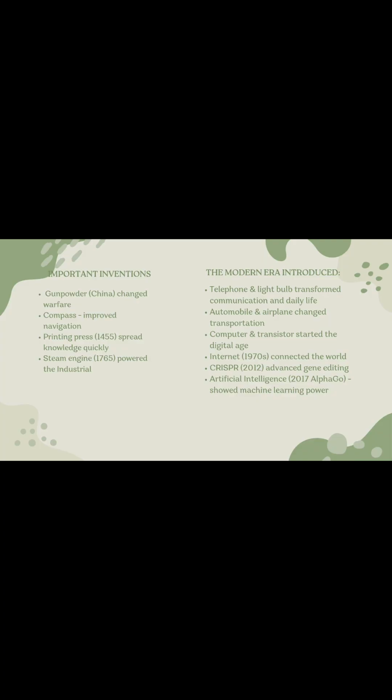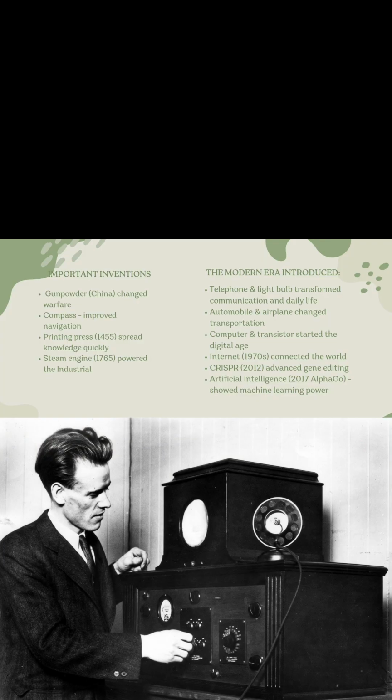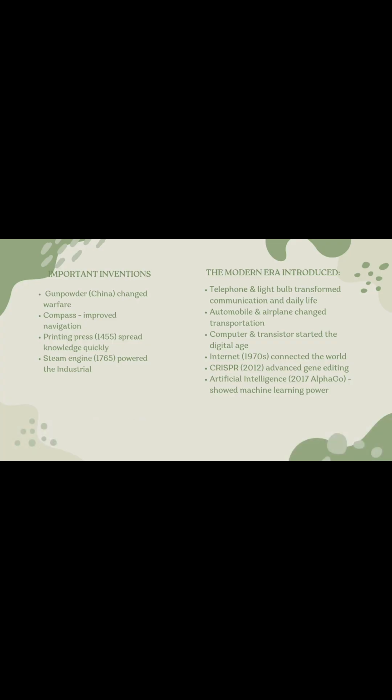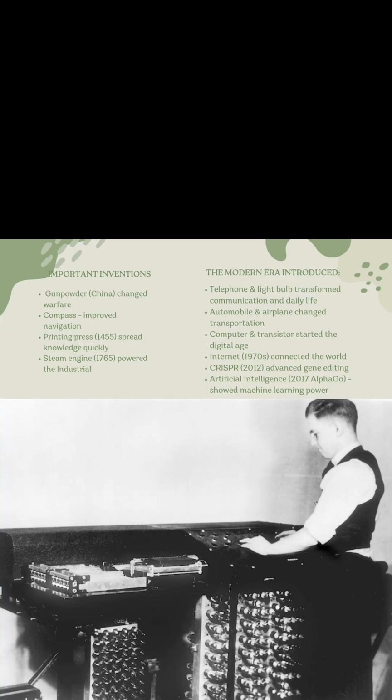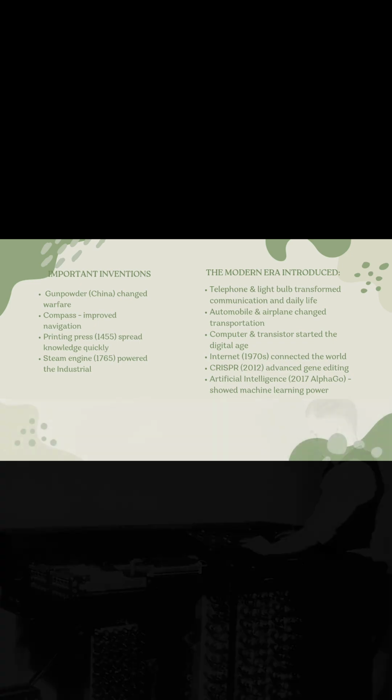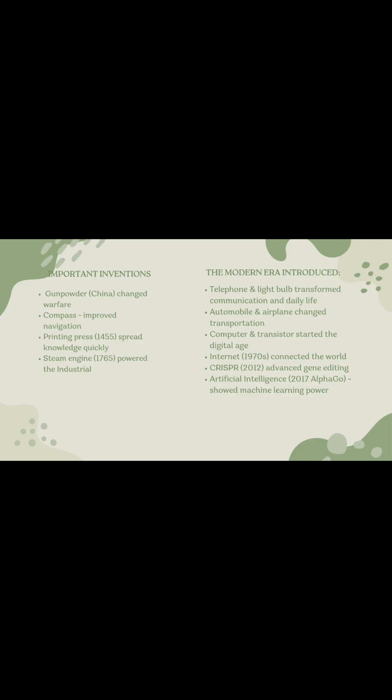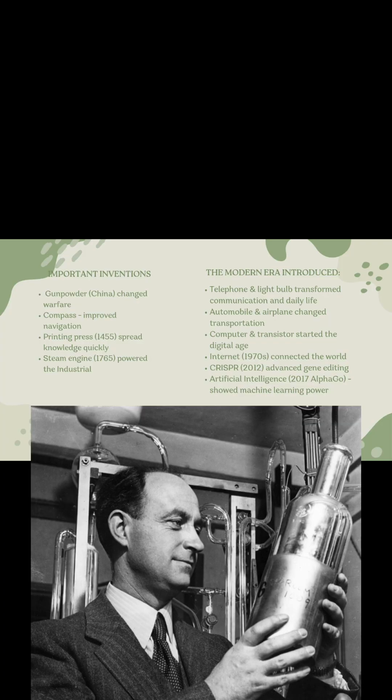In 1927, electronic television, created by Philo Farnsworth. It used electronic signals to capture and display moving images, allowing people to watch live broadcasts at home. And the first visual entertainment entered homes. In 1937, the first digital computer design by John Atanasoff, the foundation of modern computers. And in 1942, nuclear power. It was developed by Enrico Fermi, a new source of energy.